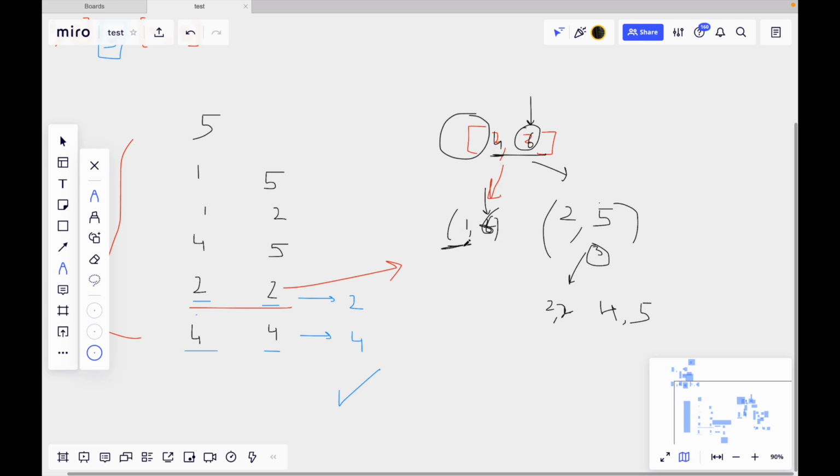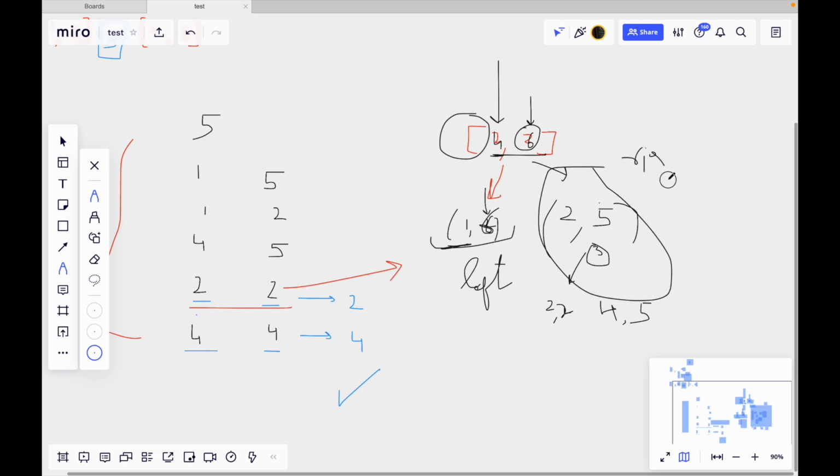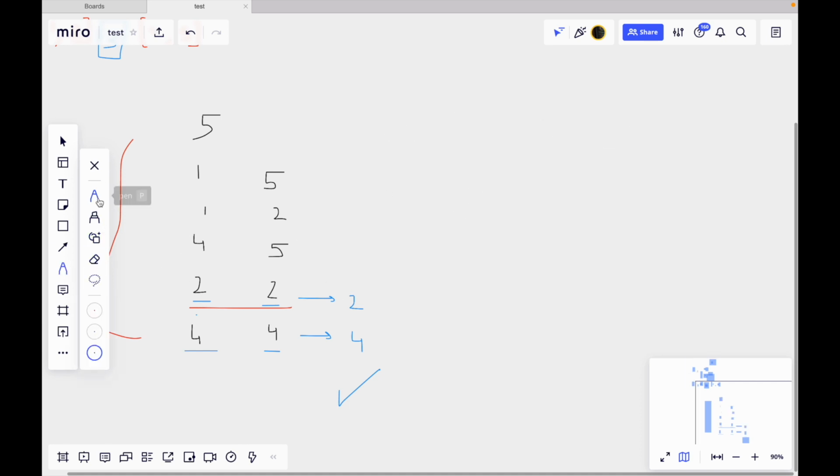Am I right? So this part is the left branch of this range. I'll write the left. This is the left part of this range, and this portion here represents the right part of this range, right? Are you understanding it? Fine. So I'll remove all of it because it will take up the space.